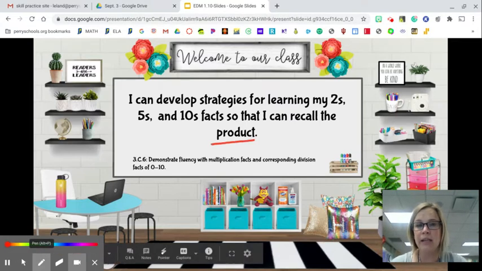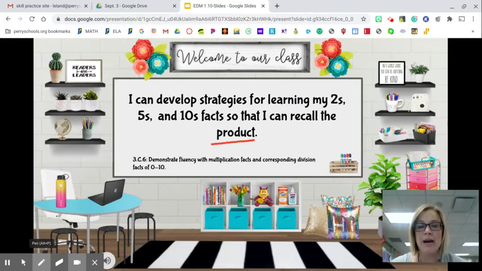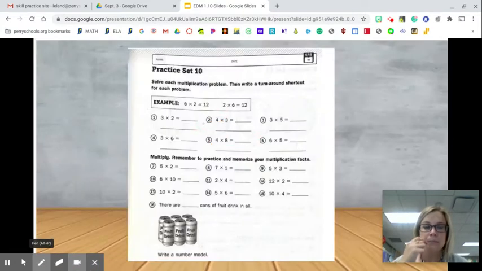So anytime you're looking at finding the product of two numbers, you're going to be multiplying, and the product is the answer. The facts are just anything when we say 2 times 3, that's a fact. Those are those really quick problems that we're going to solve hopefully quickly. The goal is to be able to do them without thinking and having to do a bunch of counting. So I want to go through, and one of the things that we are going to be looking at is how a multiplication has a turnaround